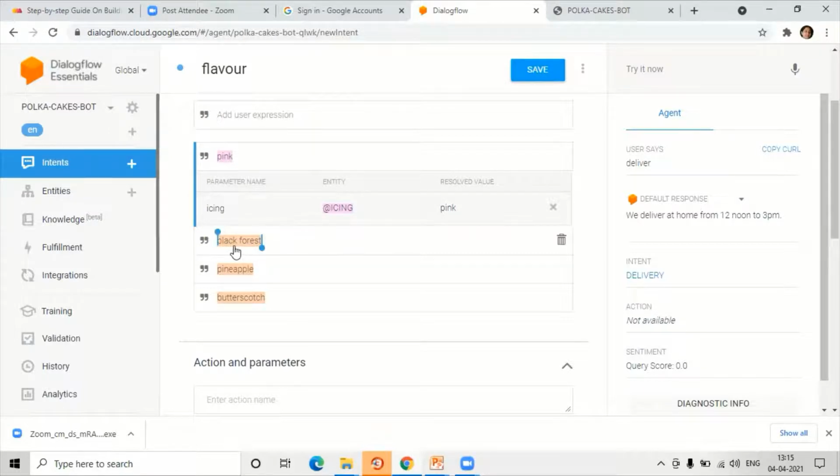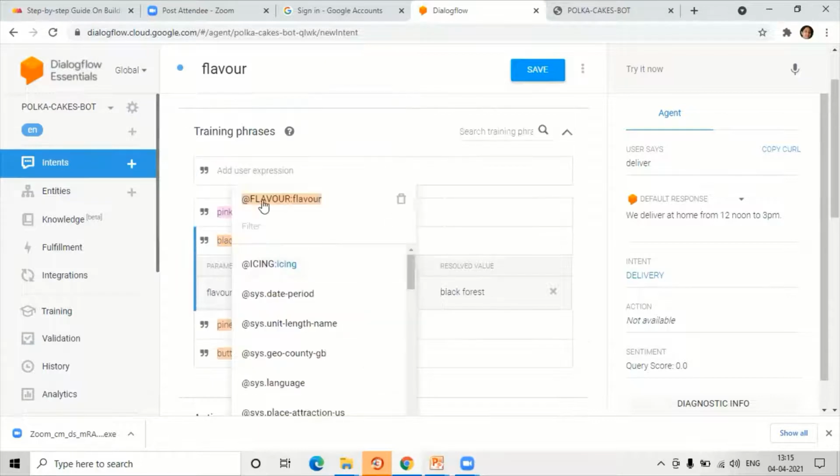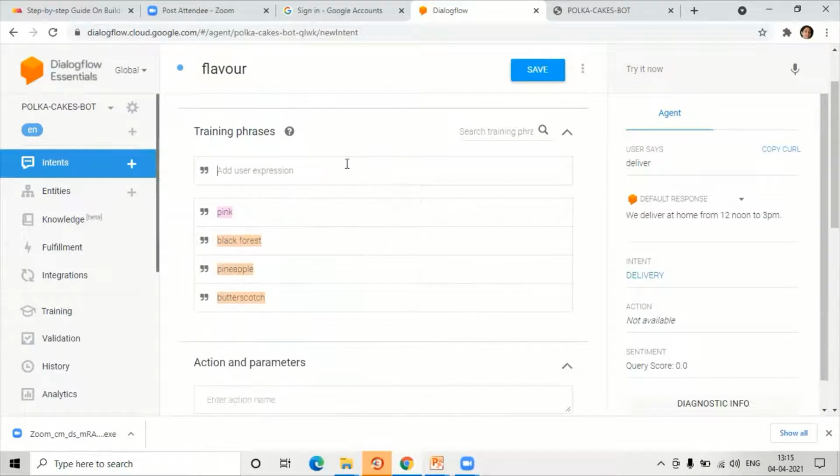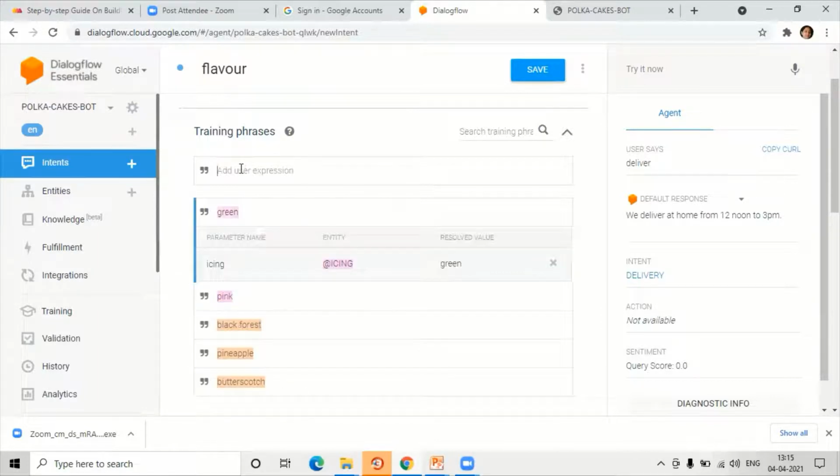This black forest is a slight pink color, which is connected to the flavor. If we write another one, maybe green, green is also identified as the icing entity. So these are the different ways in which we can catch the entities.